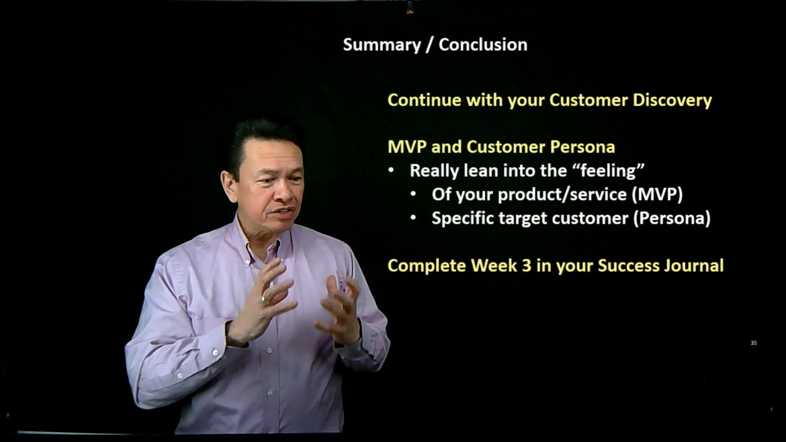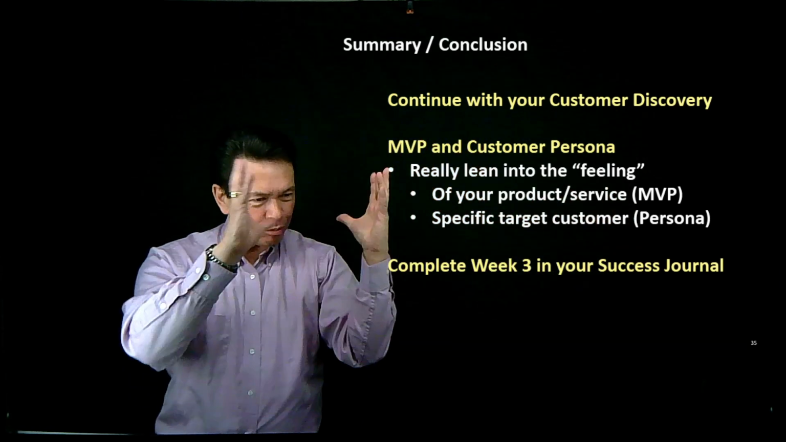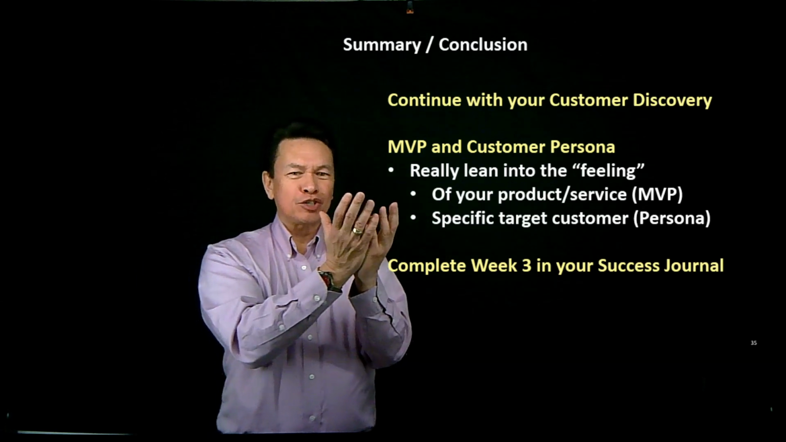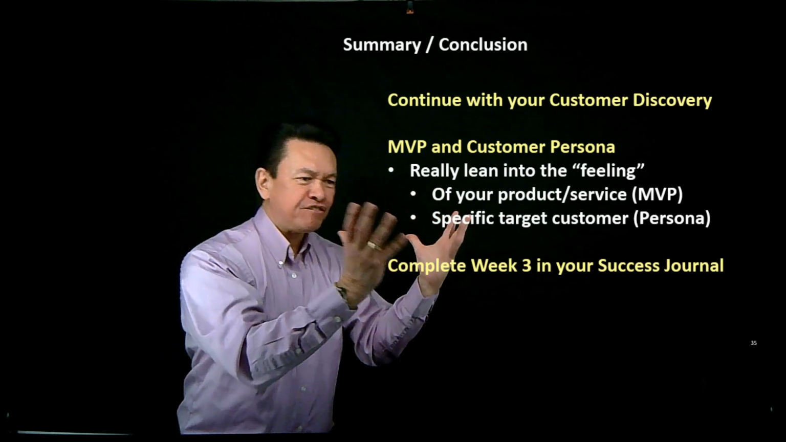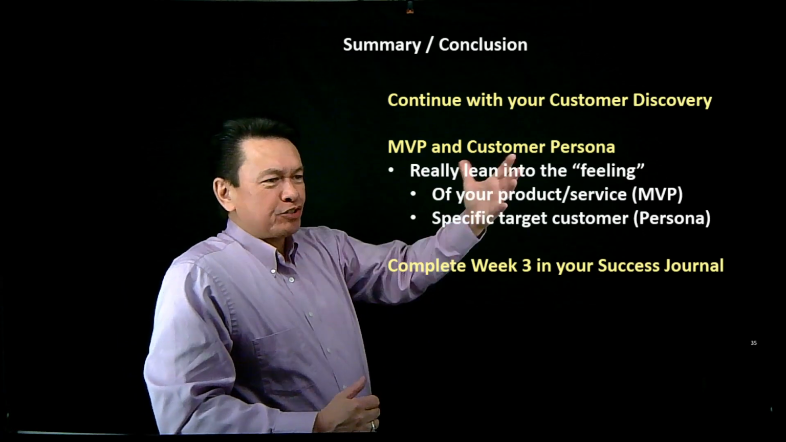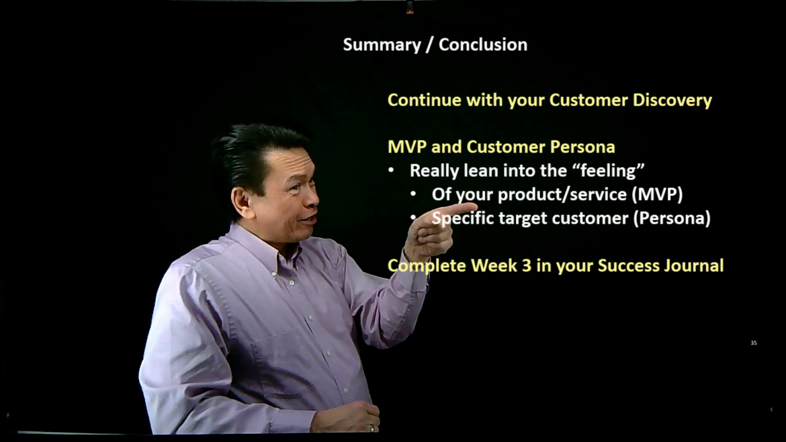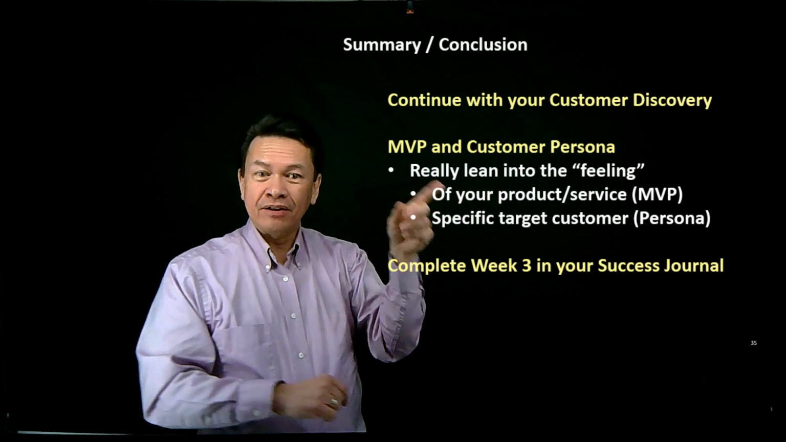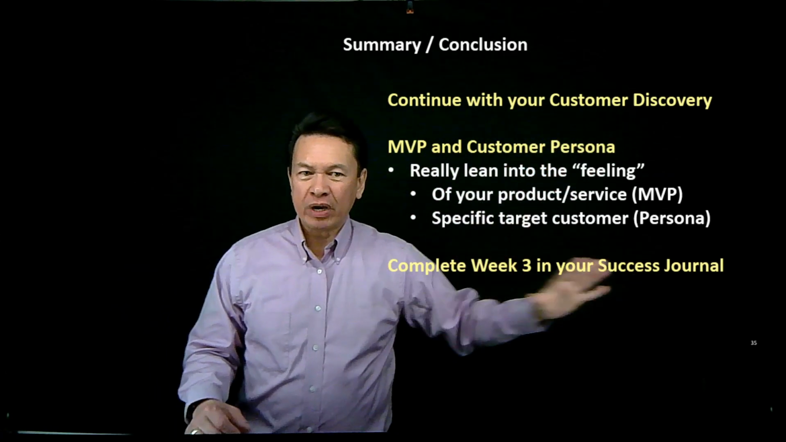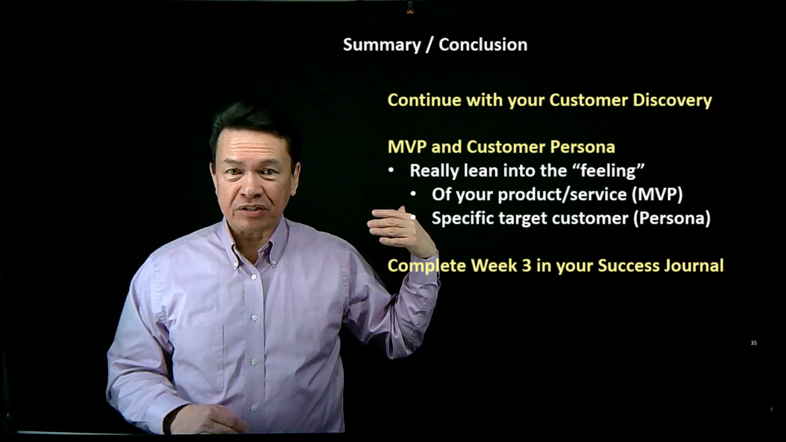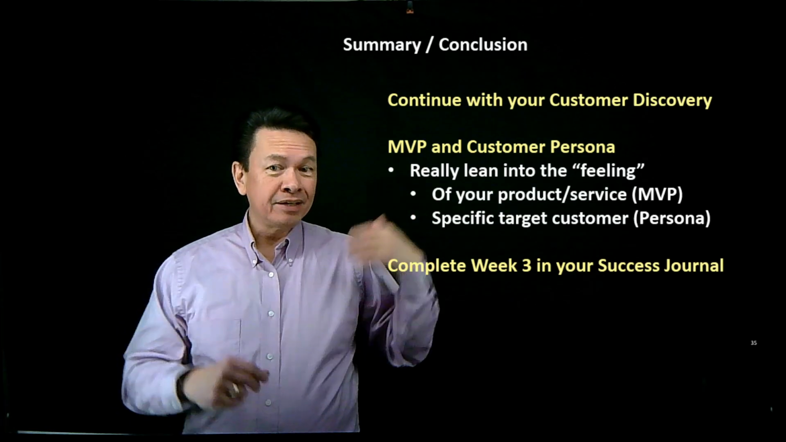And the other one is I want you to see that customer. I want you to be able to visualize that customer, not just as in here are the age ranges, here are some of these, but I want you to feel it. When I see a picture of it, it's like, oh yeah, I know exactly who you're speaking about, right? That's what we want inside of your customer persona, okay? And then complete week 3 in your success journal, which are those pieces, and we'll see you at our session